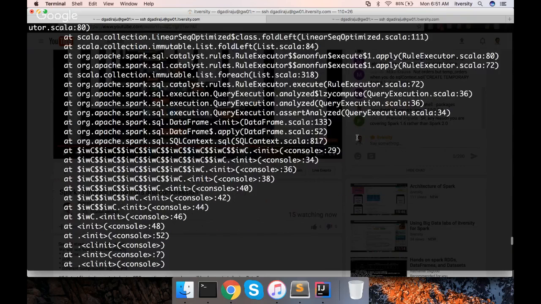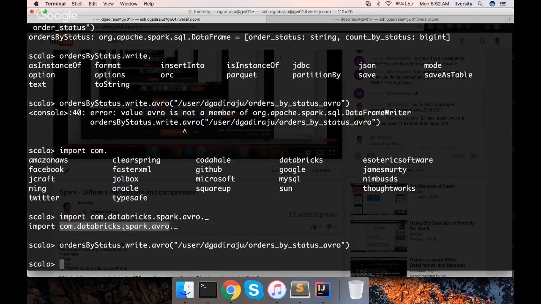And then you have to import com.databricks.spark.avro._, which will import all the APIs available in that package, or all the classes available in that package.